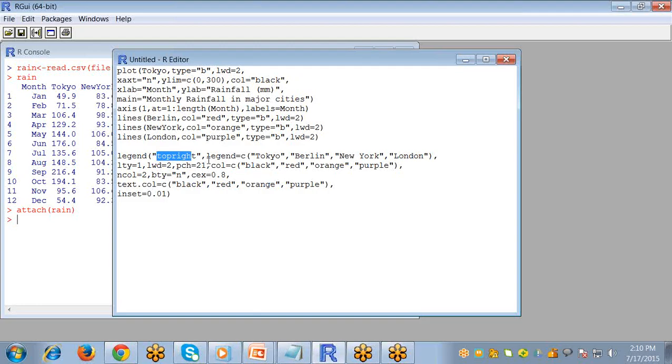So the first argument denotes the position of the legend, which is the top right. Next, pass the names of the countries for the legend. The other important arguments are lwd and lty, which specify the line width and type drawn in the legend box respectively. It is important to keep these the same as the corresponding values in the plot and lines commands. We also set pch equals to 21